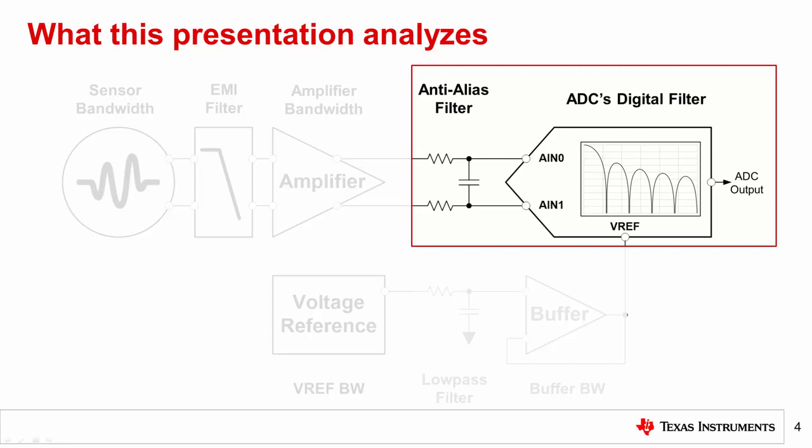To better understand the combined effect these filters have, we will first calculate and compare the noise bandwidths of each filtering source separately. Then we will discuss how to combine these filtering sources into one system effective noise bandwidth and compare this to the individual bandwidths of each component. Finally, we'll identify any useful approximations that may result from this analysis. To begin the example, let's start by looking at the bandwidth of the anti-aliasing filter.